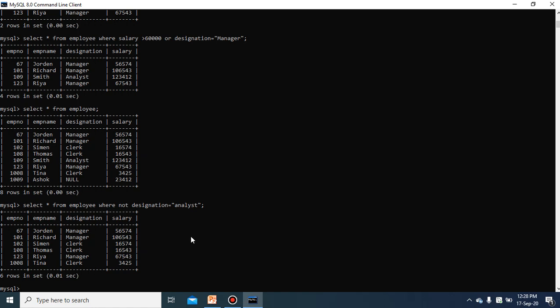Let us see first of all the modification of the data in the table. The third topic of today's class is modifying the data in the table.